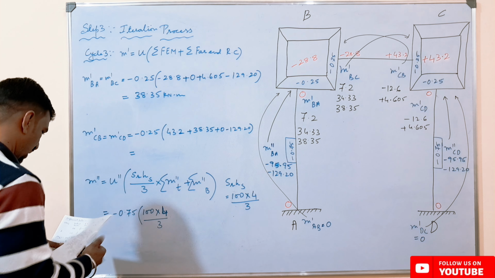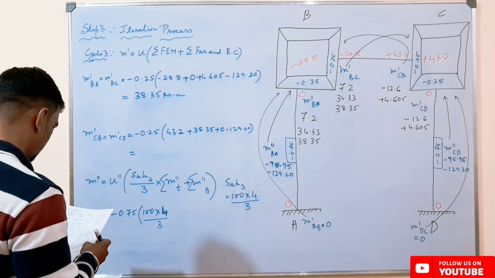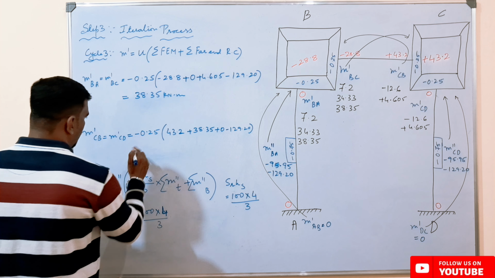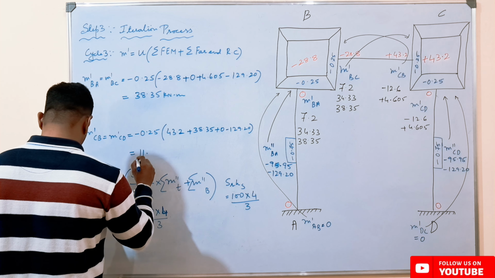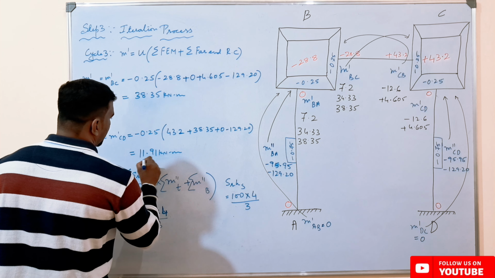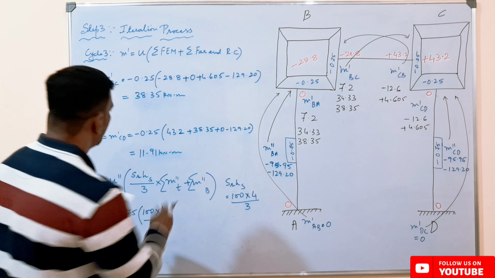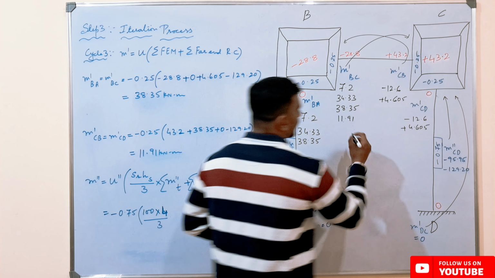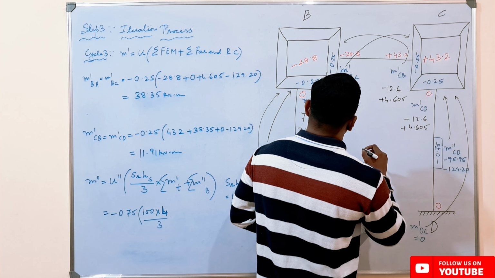So we are having a value of, that is 11.91 kilonewton meters. So this value will provide over here 11.91,